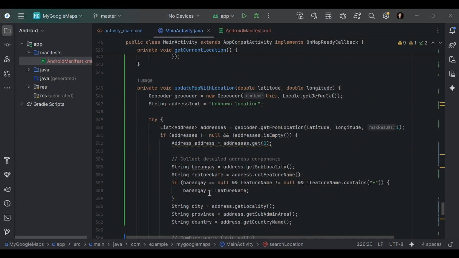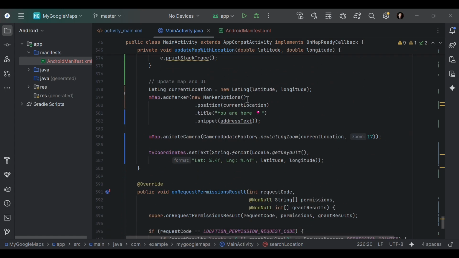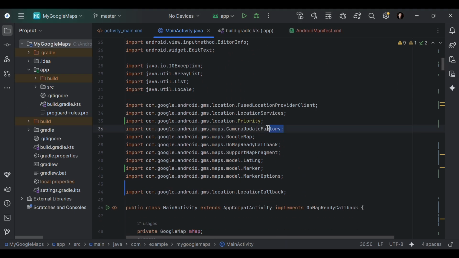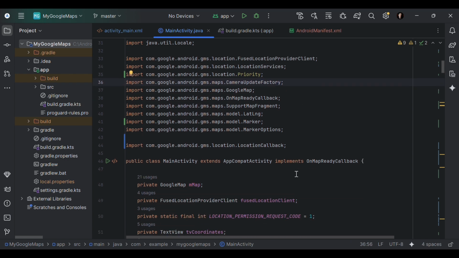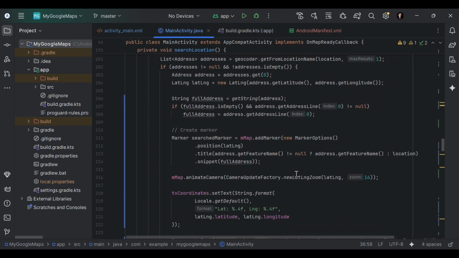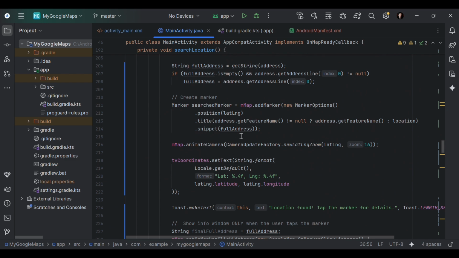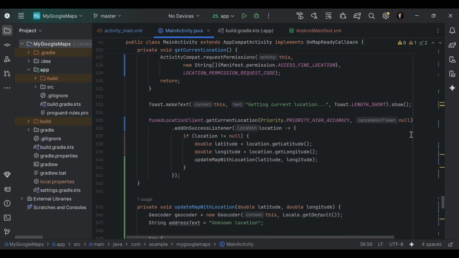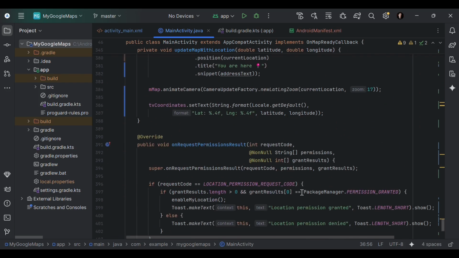So the next question is, how do you move the camera to a specific location? To move the Maps view to a certain place in Google Maps for Android, you will use the CameraUpdateFactory class or library. This library allows you to change where the map camera points and how far it zooms in or out. There are two main methods, the moveCamera method and the animateCamera method. In my app, I use the animateCamera method because it smoothly animates the camera